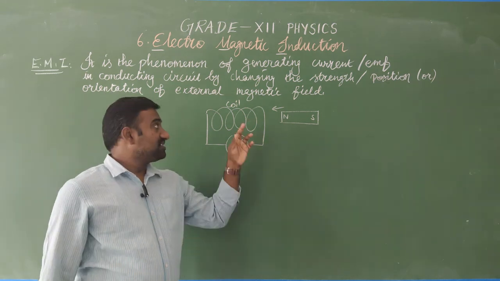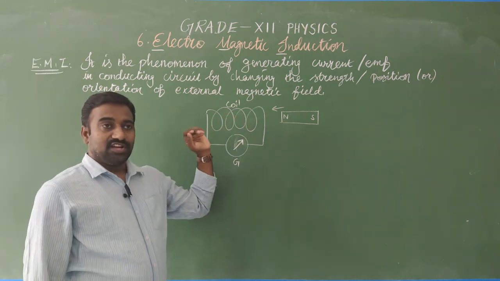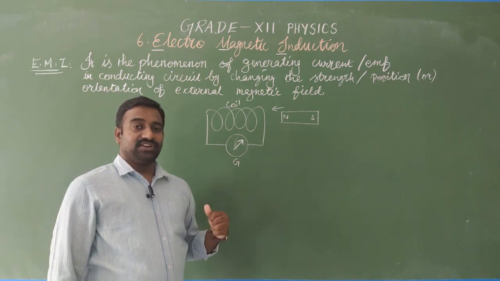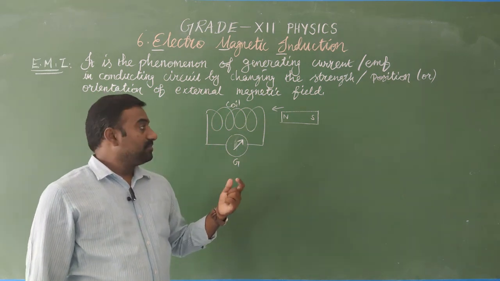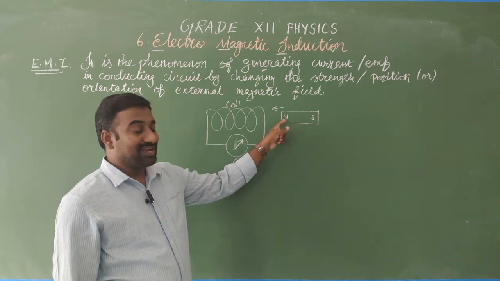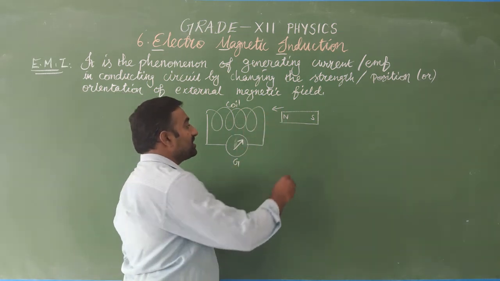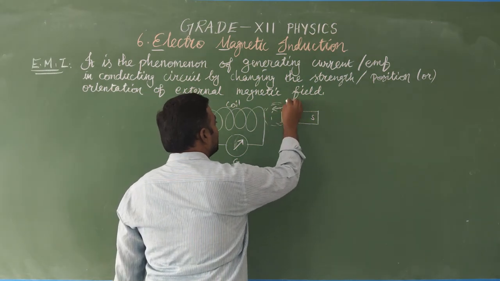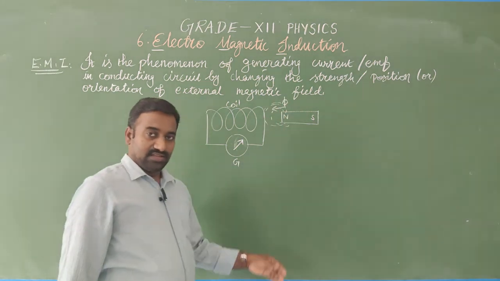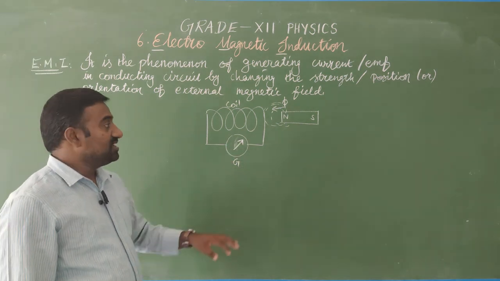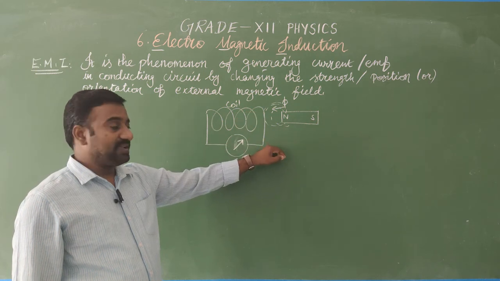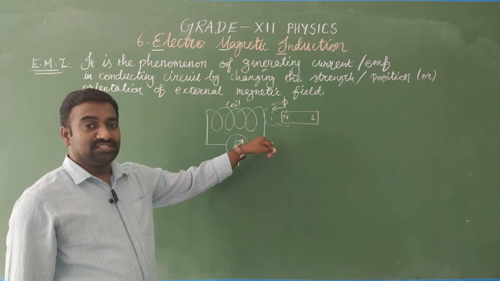Induced means to trigger. Because the copper coil has free electrons, normally the electrons cannot move by themselves. Some external force is required. So the force is given by the link between the magnet and the coil. Around the magnet there are magnetic field lines. The field lines in a certain area we call flux. I'm going to explain what is magnetic flux. So the magnetic flux linked with the coil changes in a certain time, and the electrons are induced in the circuit.